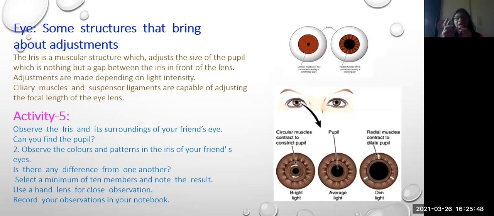So whenever they contract and relax, then the iris will change the size of the what? Pupil, increasing or decreasing. And this happens according to what? According to the light which passes inside the eye. So can you see here? This is the pupil. Here the pupil is small, but here it is made very large in size. Why is it small here and large here?